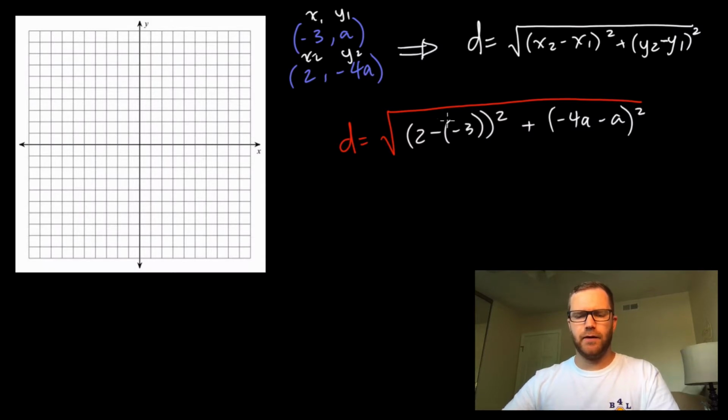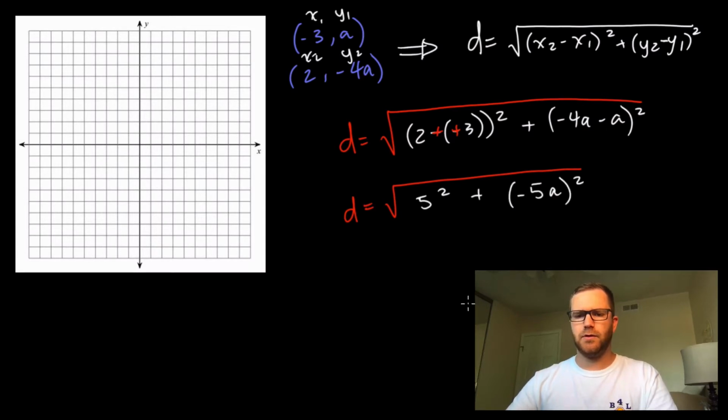So now simplify. So remember when you're subtracting two negatives, that becomes addition. So we have d equals the square root of, so 2 plus 3 is 5, so this is 5 squared, plus negative 4a minus a, that's a negative 5a squared. And then simplify. So 5 squared, that's 25, so we get d equals the square root of 25, and then